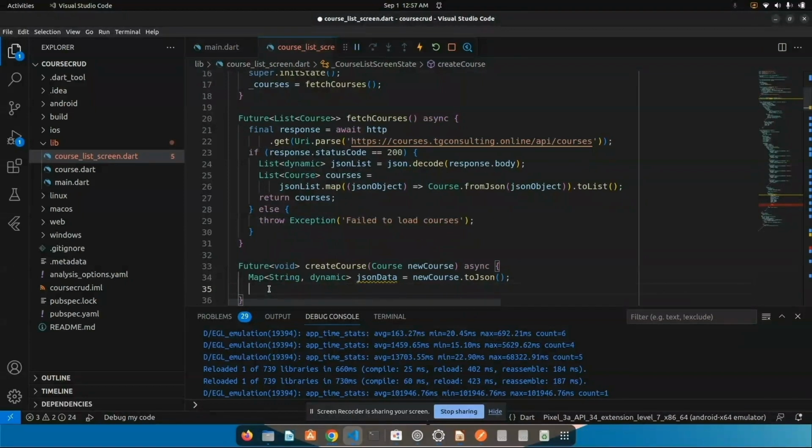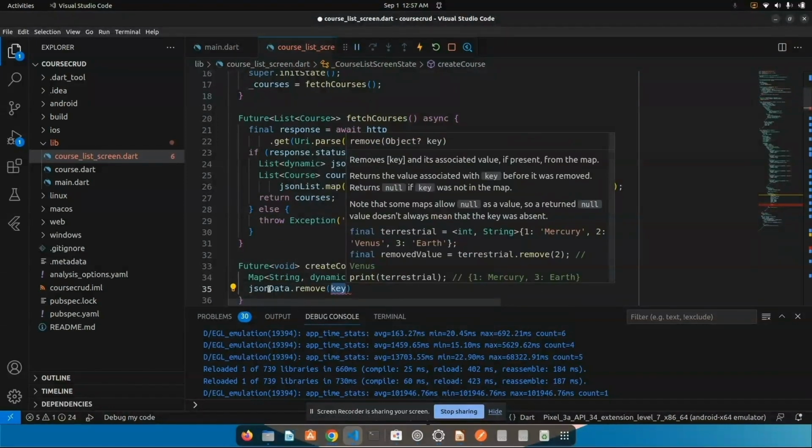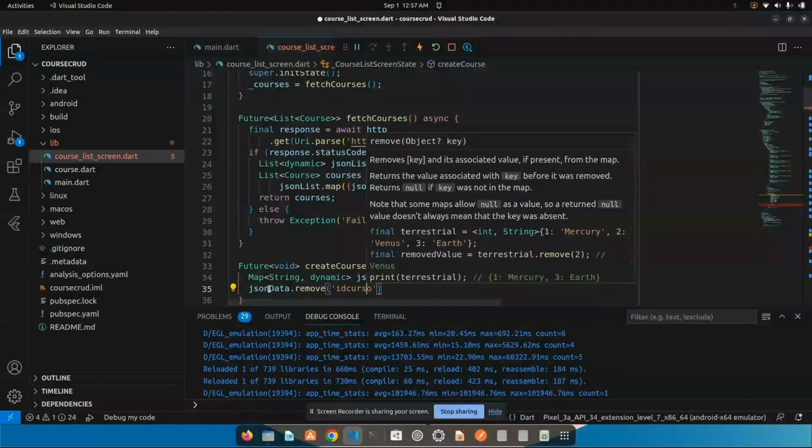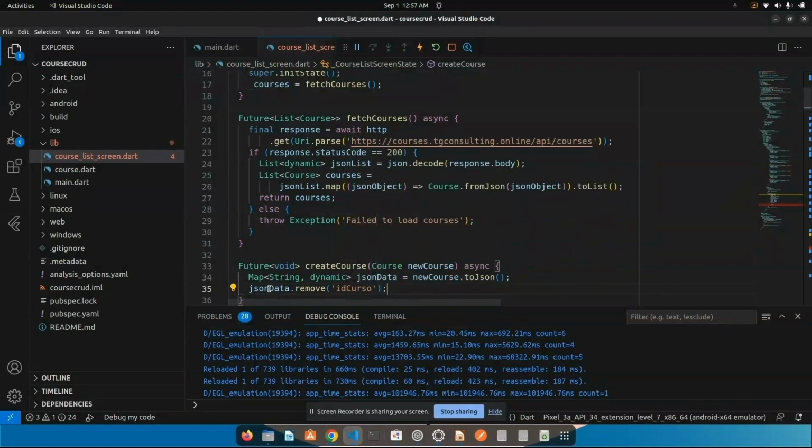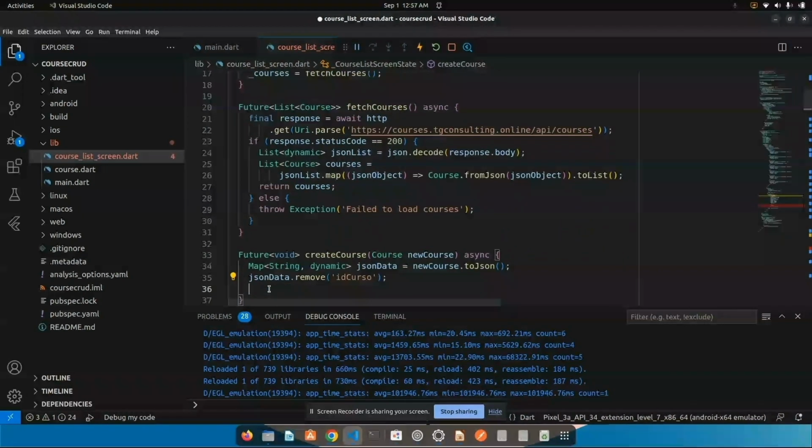Also, I'm getting the ID here, whereas I don't want to send it in the create API, so I'll just remove it from the JSON data. Dot remove, and I want to remove ID. So with this,